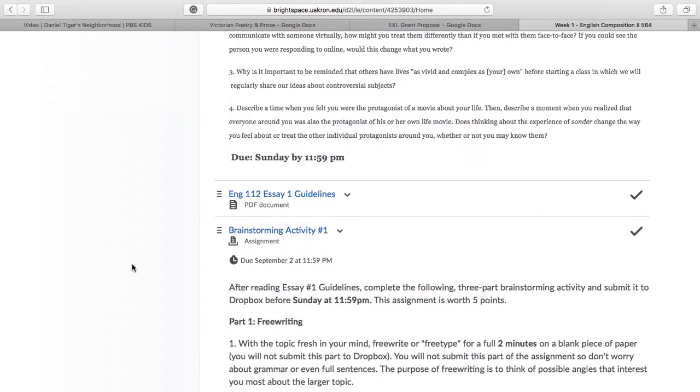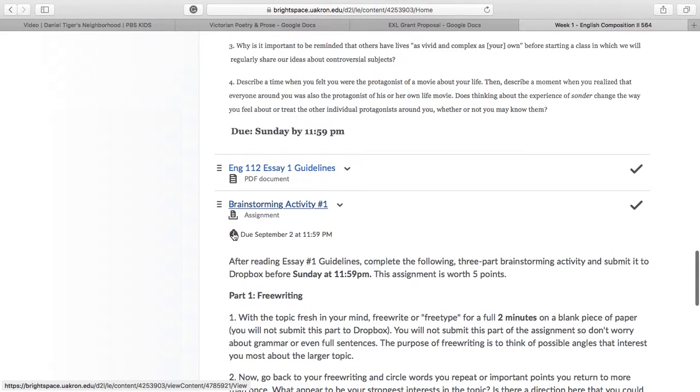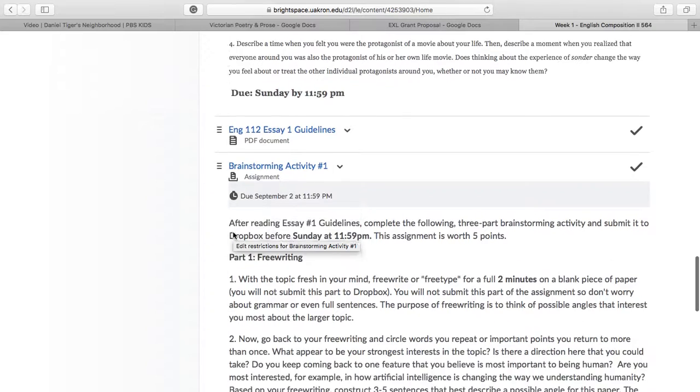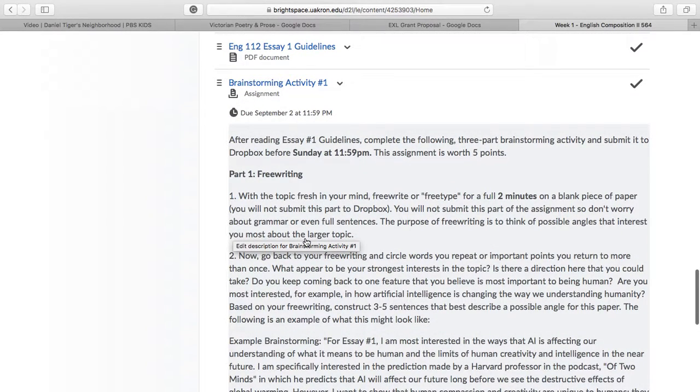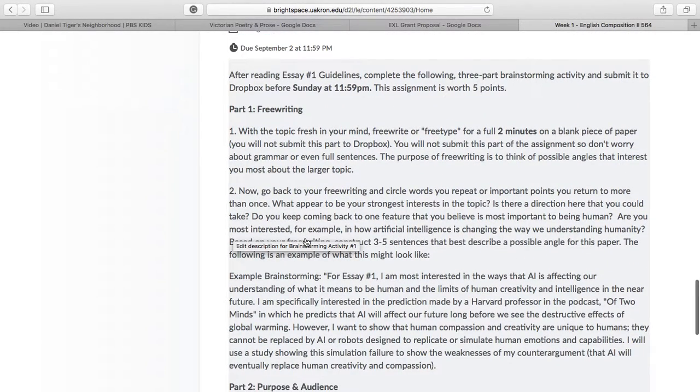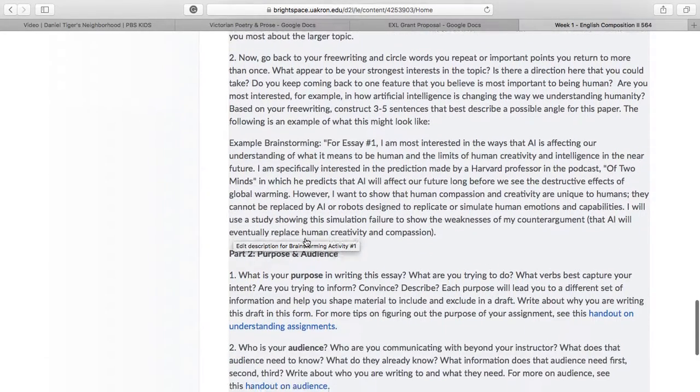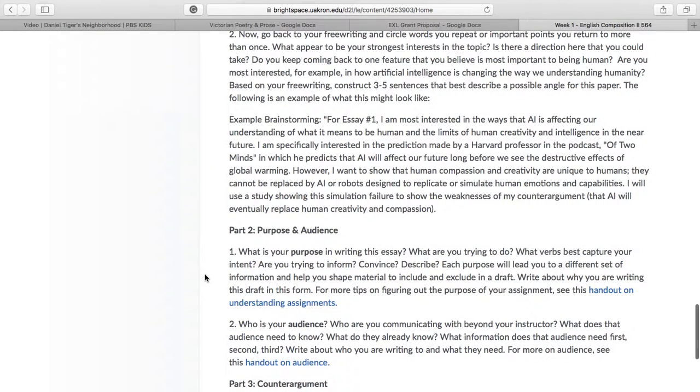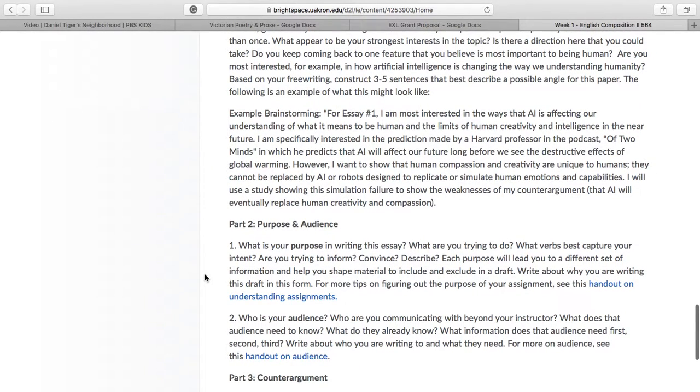And then finally, you have your first essay, which I'd like you to get started on early, even though it's not due for a few weeks. You can read the guidelines here, and once you read these guidelines, you'll be able to complete the activity, which asks you to start thinking about a topic, and then actually producing some writing, which you'll submit to the assignments folder. And I will provide feedback, let you know some directions you could head for this idea, but you will be thinking about